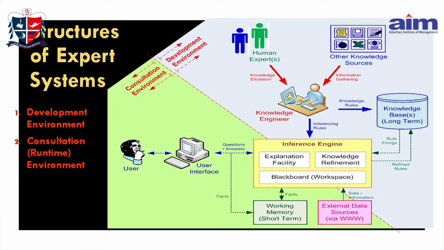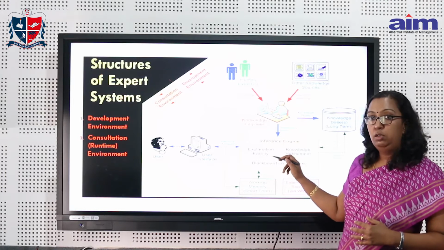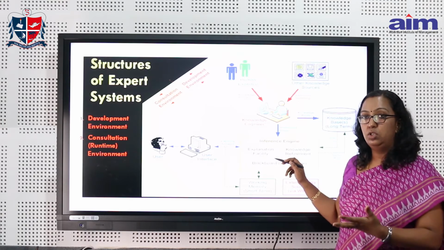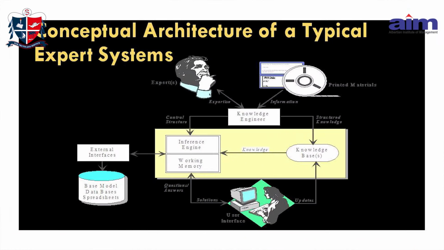And using these inference rules, there is an inference engine wherein there is an explanation facility, knowledge refinement, and a blackboard, which will work together and take decisions based on that particular query. So we'll see one by one what these